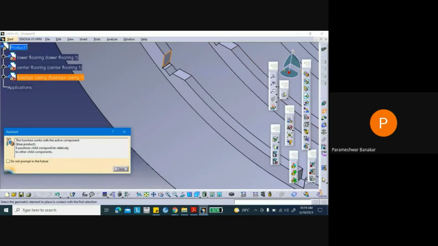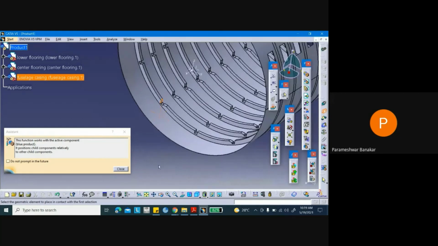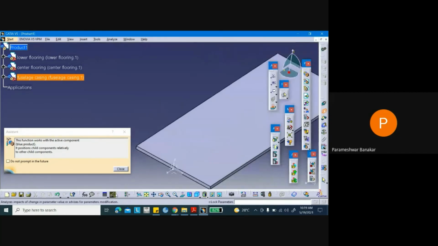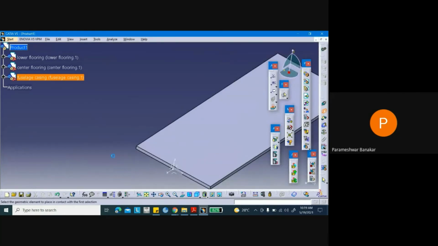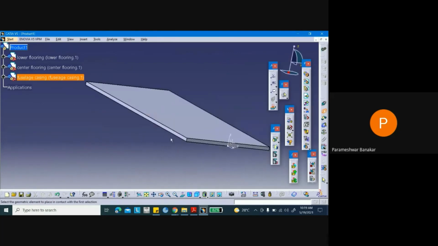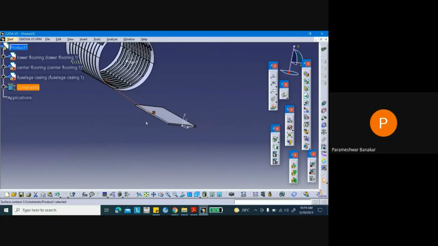The function works with the active component. Select the surface, then rotate this and select this surface. Now you can see that both are joined.